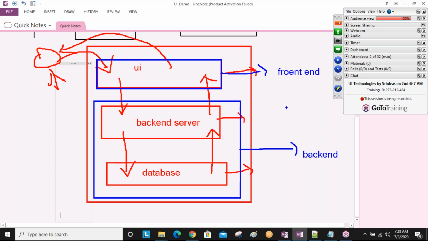But some people know both the front end code and the back end code, and that person we call a full stack web developer. Are you understanding this one?